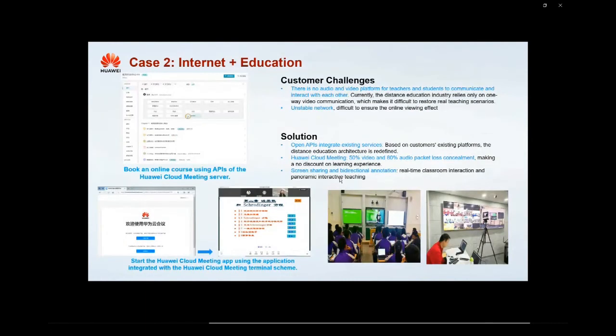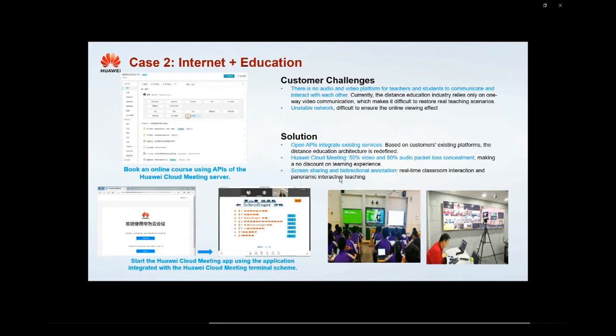In the internet education industry, there is no audio and video platform for teachers and students to communicate and interact with each other. At present, the distance education industry mostly relies on one-way video communication, which makes it difficult to restore real teaching scenarios.